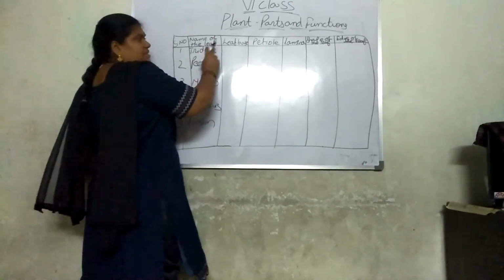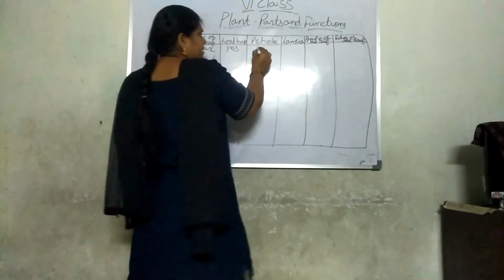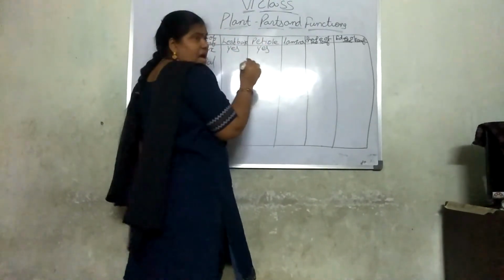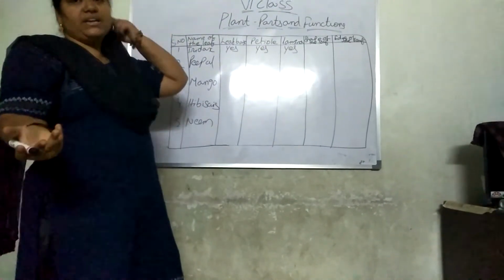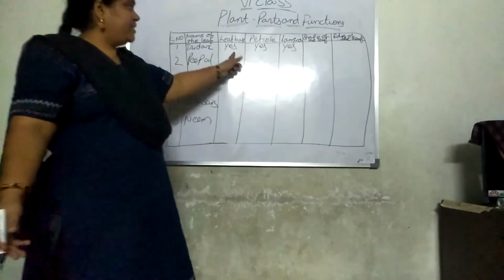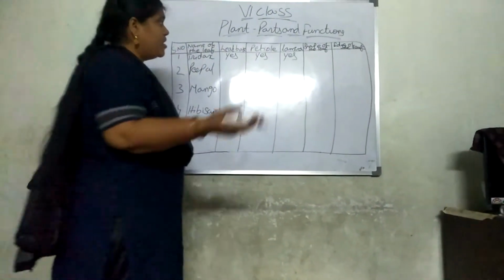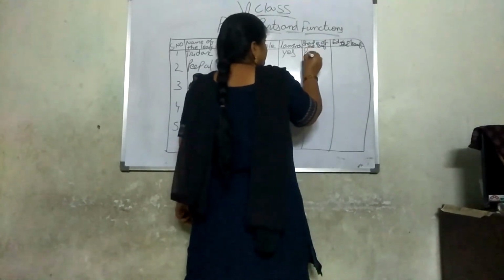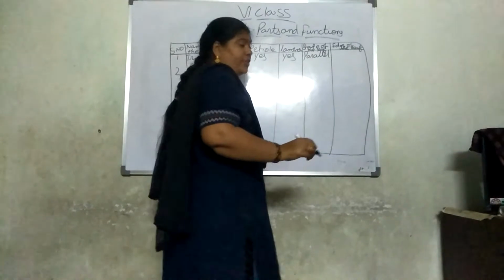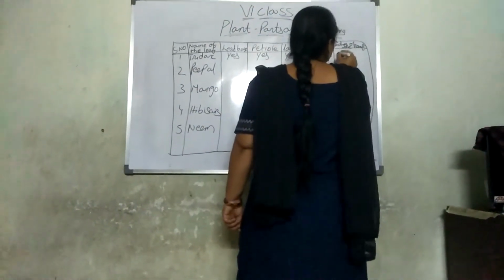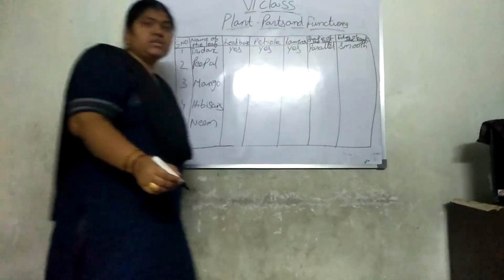Does Tridax have the leaf base? Yes. Does it have petioles? Yes. Does it have lamina? Yes. When these 3 are there, veins and veinlets and midrib are common to the leaf. Leaf base is there, petioles is there, lamina is there, and even midrib, veins and veinlets are also present. With this, the shape of the leaf is parallel. The edge of the leaf is smooth.